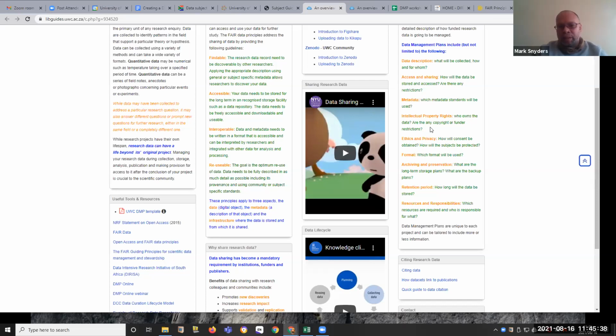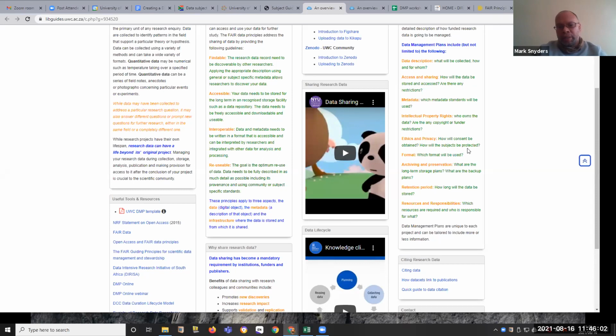So for example, the city of Cape Town has a data management portal where they load all kinds of data that are collected based on various municipal activities. That data is publicly available and can be used in terms of any research project. So that was just one example of using someone else's data.